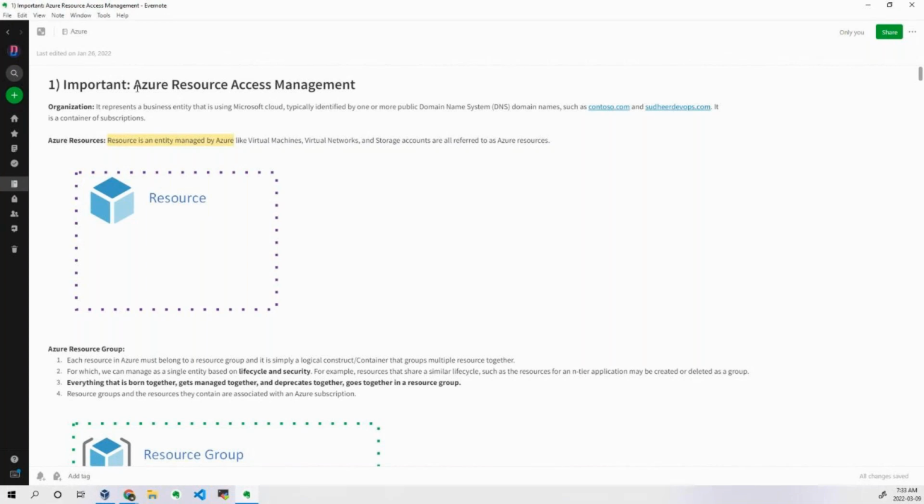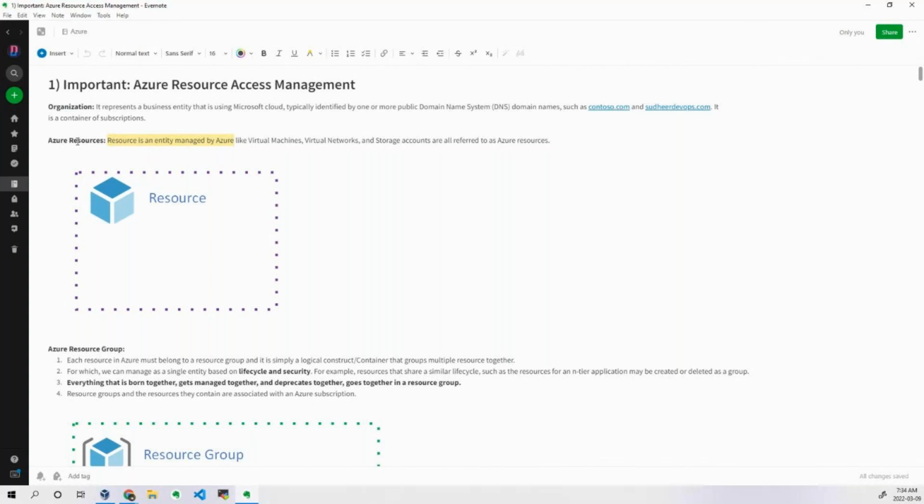So first of all, you have to register the domain anyway. That will represent your organization. Right now it is not that effective to understand, but I'm telling you that the organization is nothing but a tenant. A tenant is used to segregate one user's information from another user's information. That's one thing we have to understand.